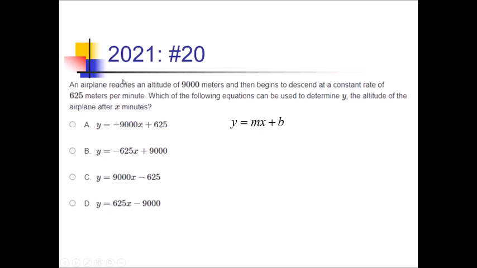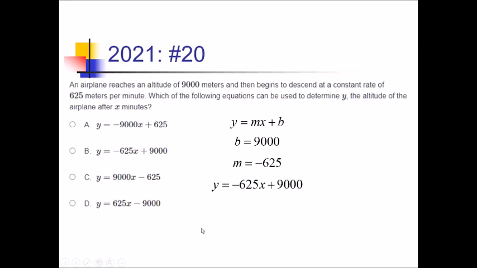We have an airplane reaching an altitude of 9,000 and then beginning to descend. So time starts at this 9,000. That's our starter time. So our b value is going to be 9,000. And it's going to be a positive 9,000. So that actually already narrows it down to choice B. But if we want to keep going here, just figuring out a little bit more, if we're descending at a rate of 625, that means that our meters is going down, so we will have a negative slope, a negative m value of 625, negative 625. Plugging all of this in then, we can write y equals negative 625x plus 9,000, which